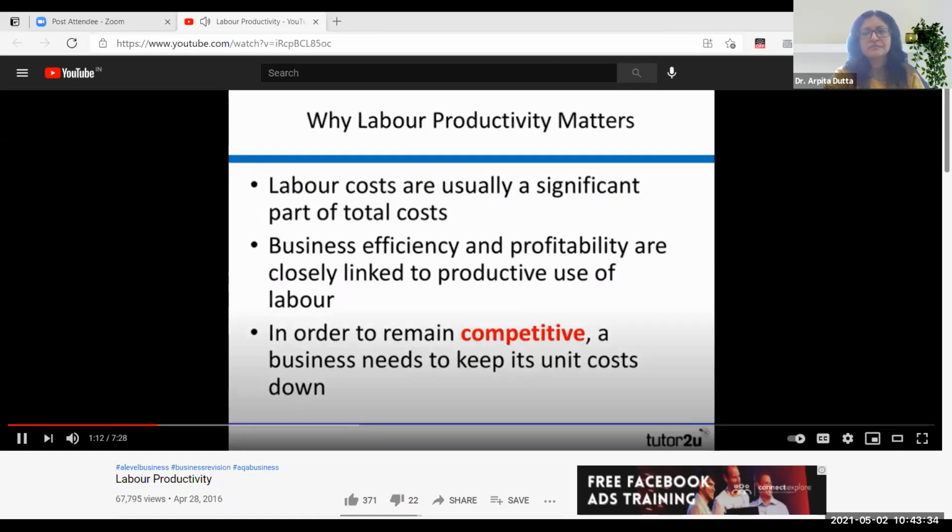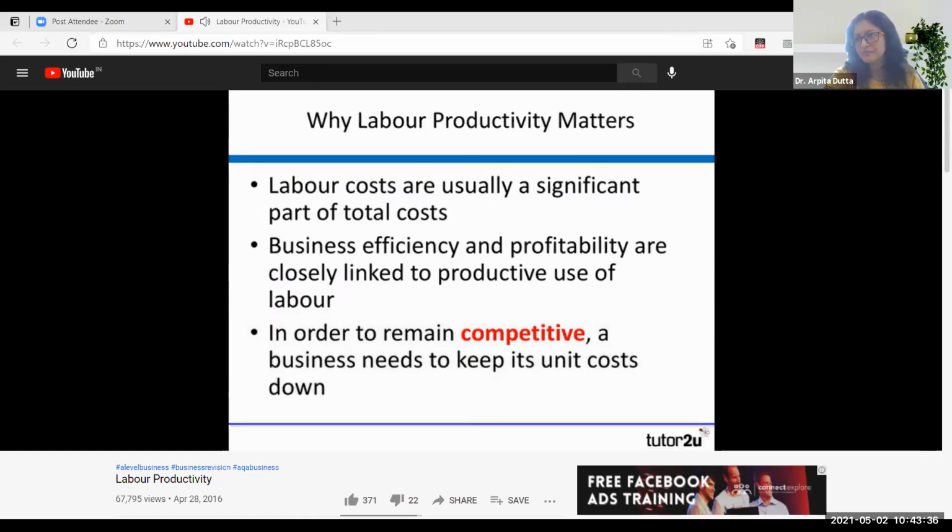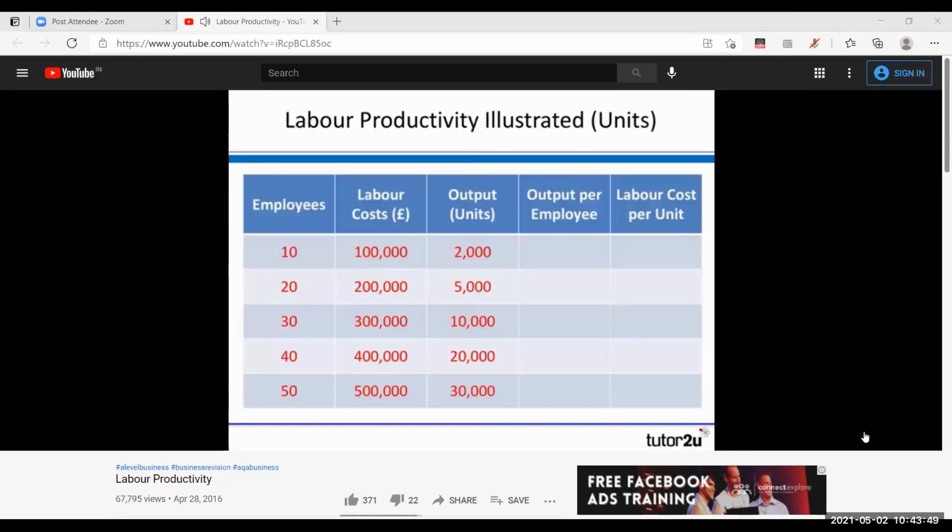Of course, the key link to remember is that unit costs are directly linked to labour productivity, and therefore, in order to remain competitive, a business needs to do all it can to keep its unit costs under control. A quick illustration of how you calculate labour productivity and how productivity can improve as output increases and the number